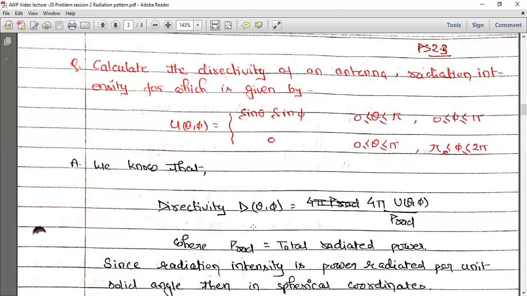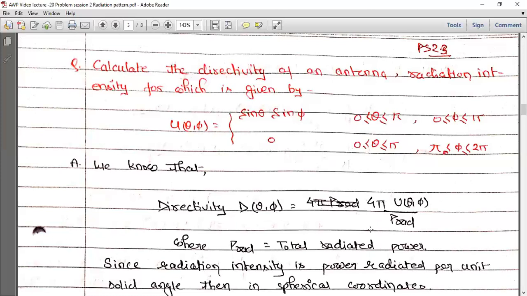So this quantity will again give you a radiation pattern in which you get maxima in some of the directions in which the maximum power is going, or the directional characteristics of the antenna is maximum, or more power is transmitted in that particular direction. And in some particular direction where less power is transmitted, directivity becomes minimum. So our objective is to find this. Of course, for finding directivity, U theta phi is already known to you. Your objective is to find P rad, the total power radiated.